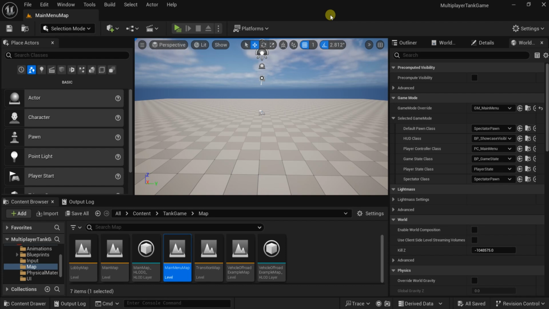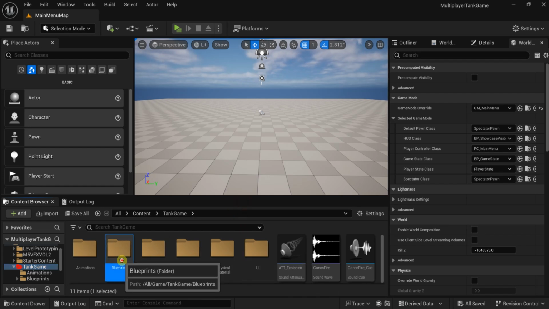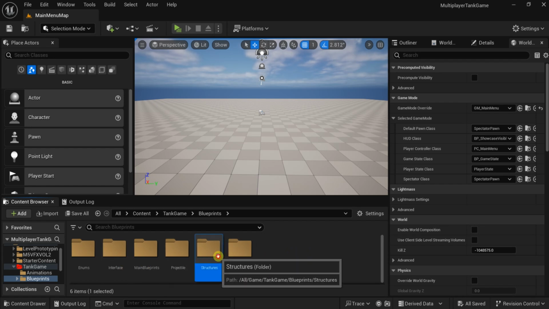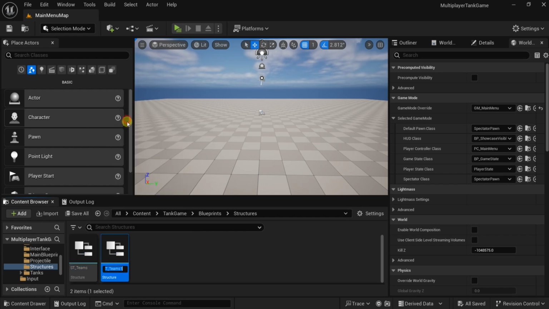In this video we will start making how to choose between the two tanks that we have. First, the first thing to do is to make the default tank spawn in this main menu level. So first we start by making our structure that will contain our tanks that we will be able to spawn. So let's go to the structures folder here and duplicate this structure, and let's call it tanks,